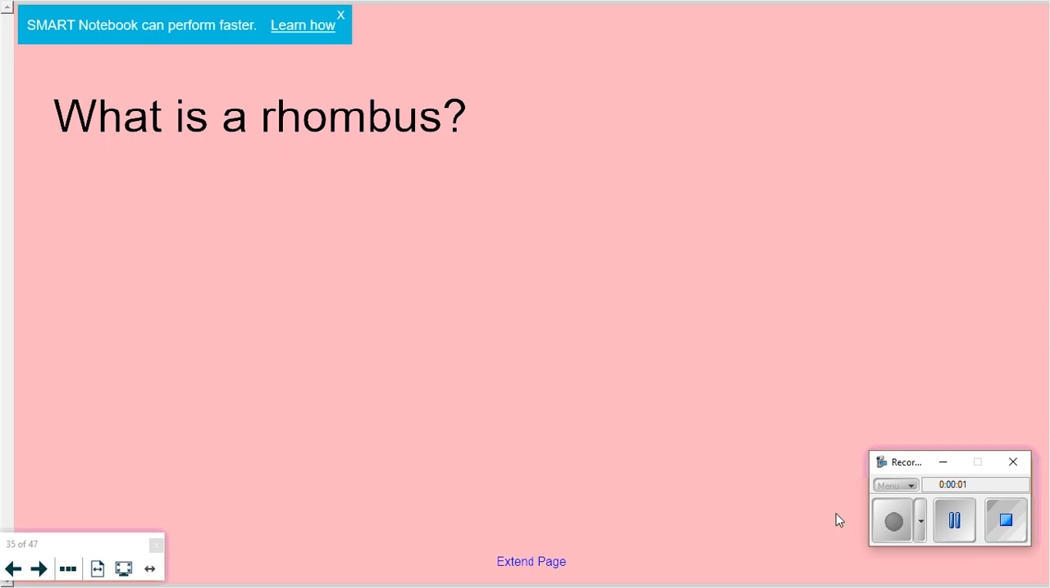Title on the board. Our title says, what is a rhombus? And we're talking about a shape that we maybe have heard about, maybe have seen. But today we're going to be learning the attributes or rules